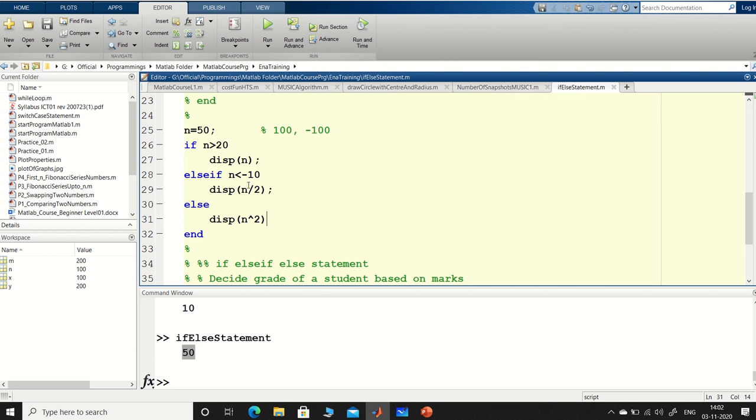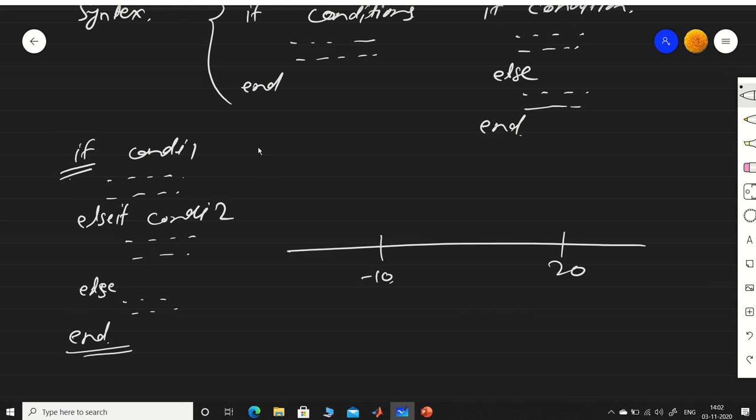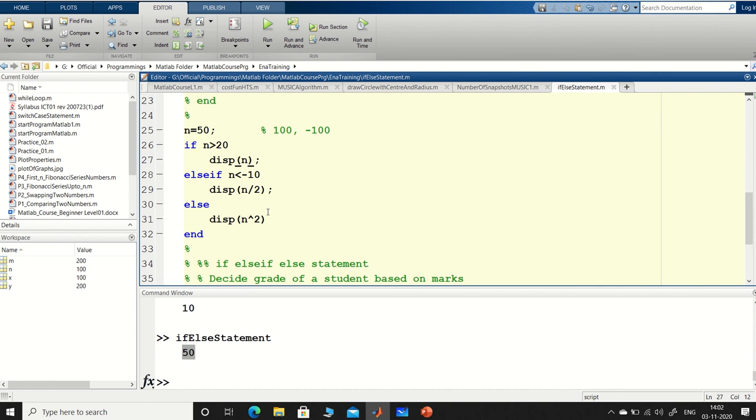If it is less than -10, n by 2, greater than 20, this is n by 2, and this will be n square. So any value between -10 to 20 will give you n square, otherwise it will give you n and n by 2. So let's see what happens.